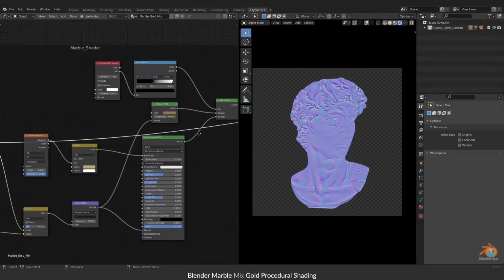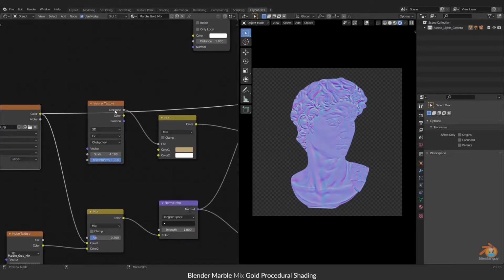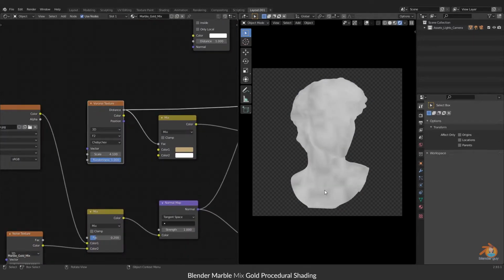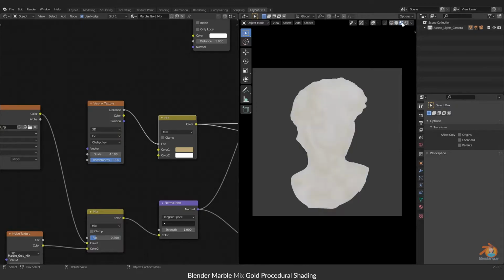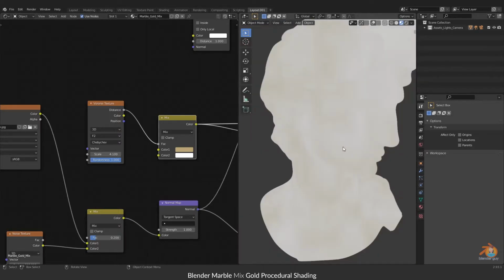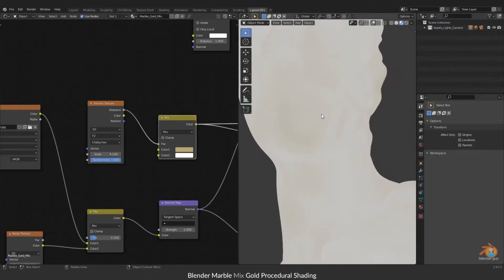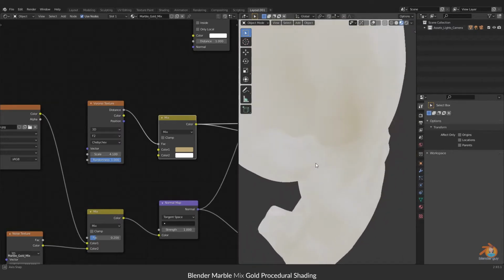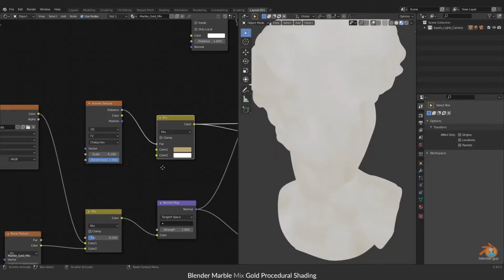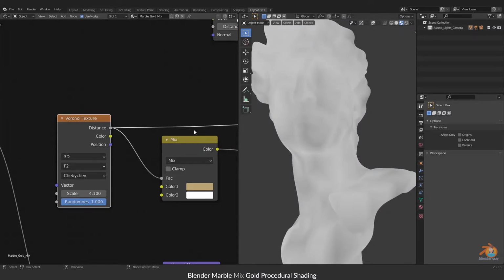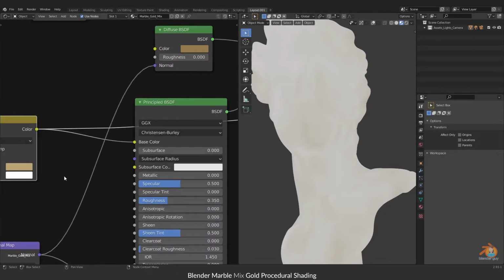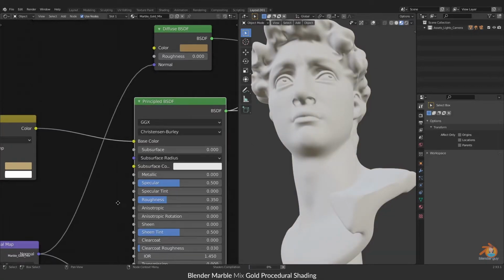This is a Voronoi I've used for breaking. See the color blend of this one. It's a blend of a cream color and a white color. I used this Voronoi, mixed two colors, and gave it to the Principled BSDF shader.